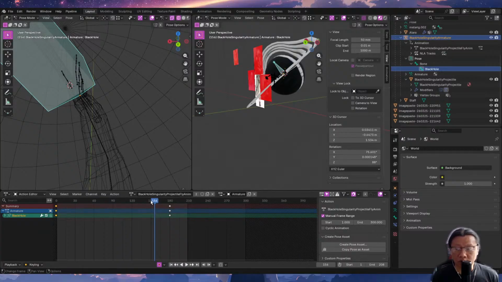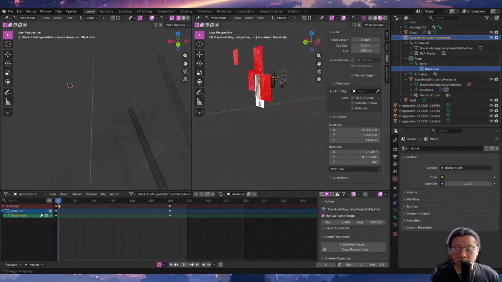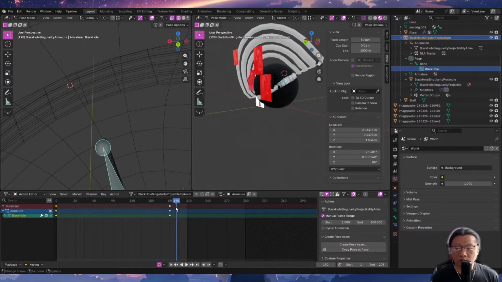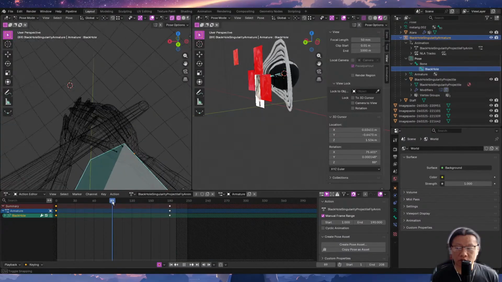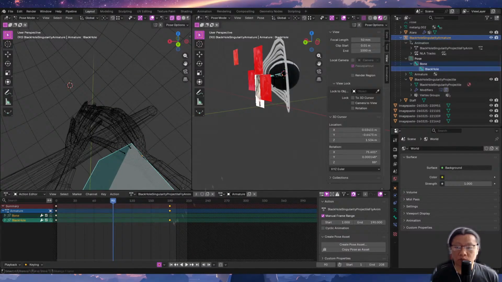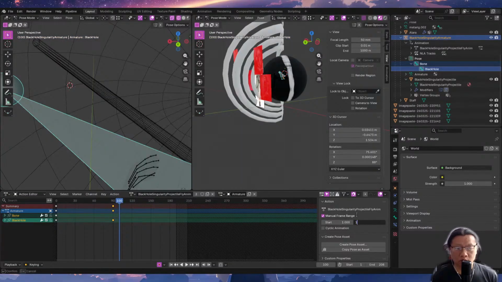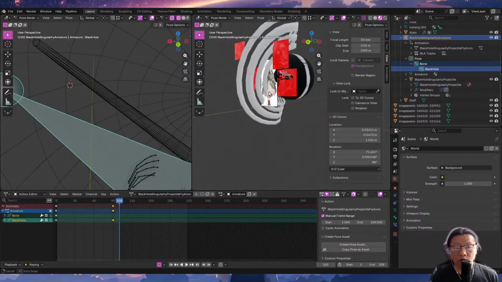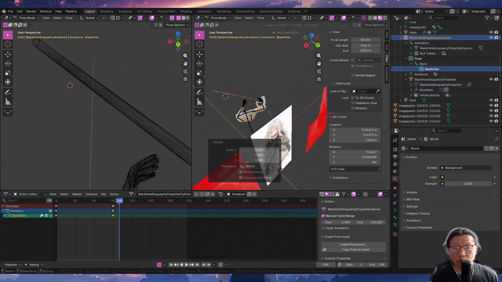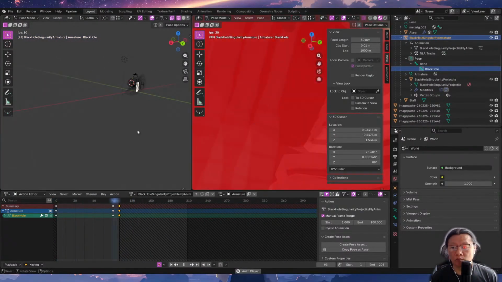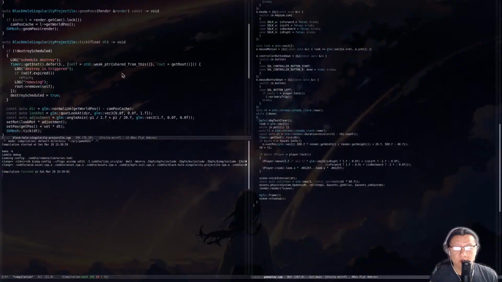Where to see the time in seconds? I don't know, maybe. Yeah, I think 3 seconds is a pretty good time. Snap to current frame. 200. And okay, so